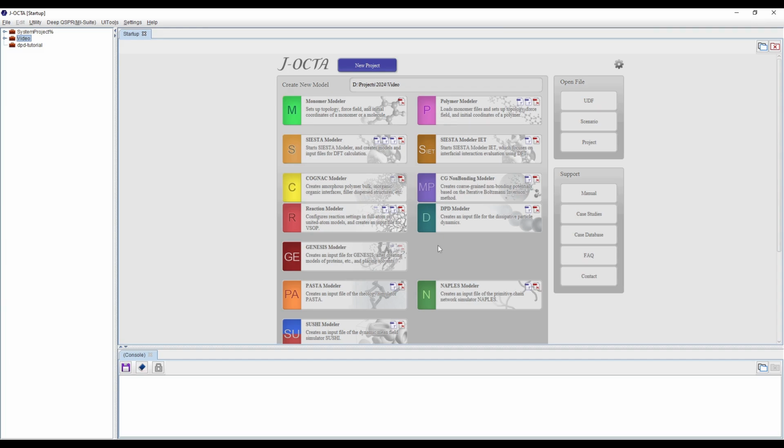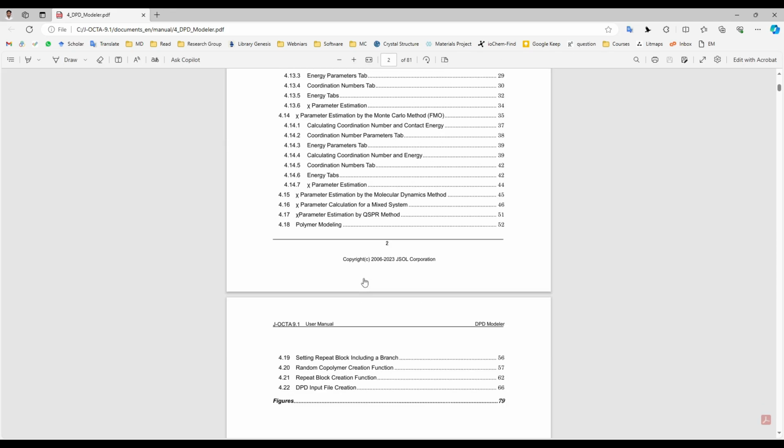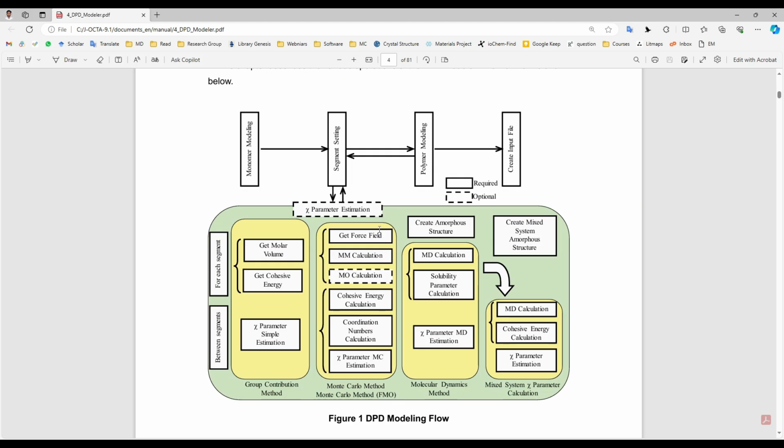So today we are going to see the DPD modeler, which is based on the dissipative particle dynamics method. This DPD modeler is basically used for phase separation simulations. And for phase separation simulations, if we come onto the manual of the DPD modeler, this explains